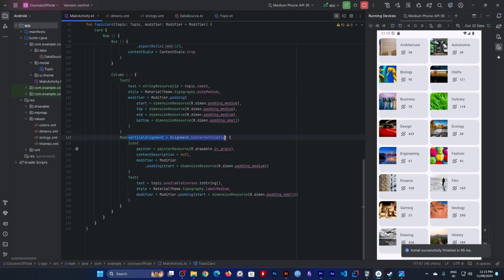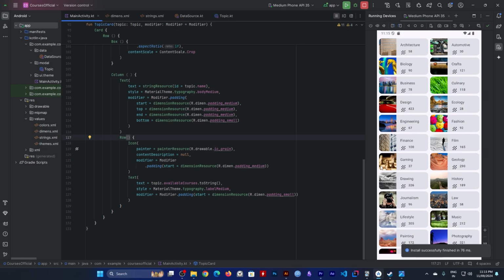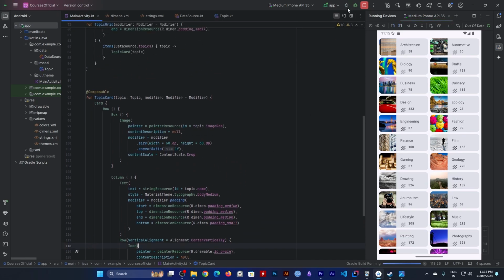If I remove this, the text looks a little bit wonky, as you can see. That is not what you would normally expect to behave, but it is what it is. I want to quickly undo that, and